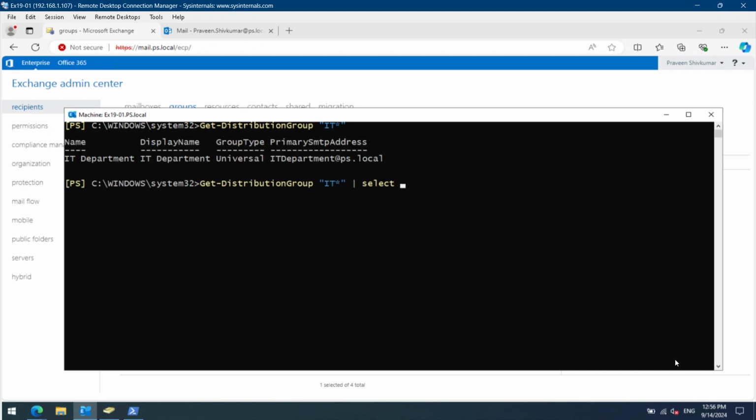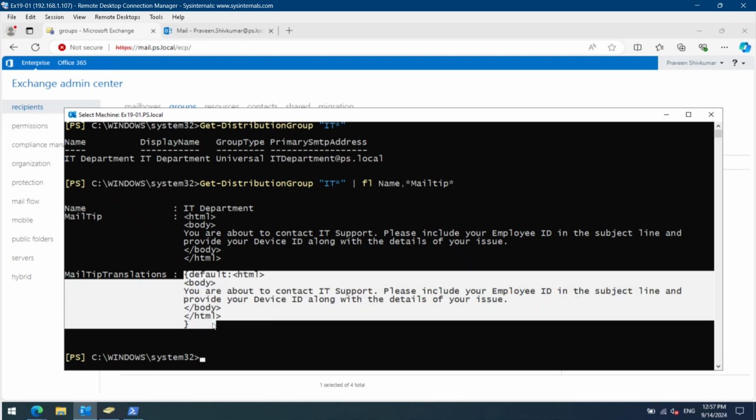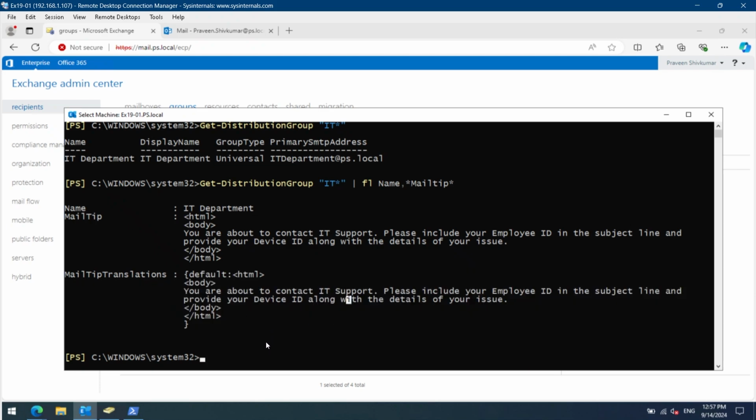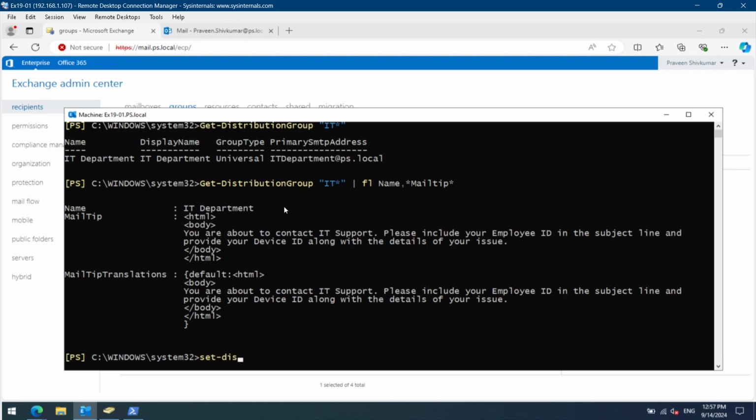Let's select the MailTip and name. We have the distribution name here. We have the MailTip, which is in English US, and the translation is again in English US. So let's change this to our Chinese language using the PowerShell command, which is Set-DistributionGroup, and provide the distribution name as identity and set the MailTipTranslations,